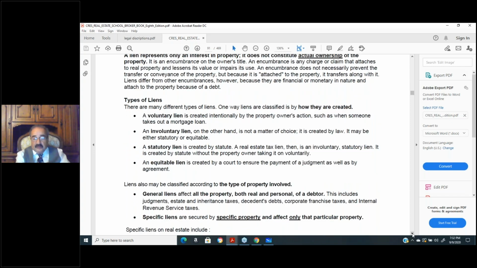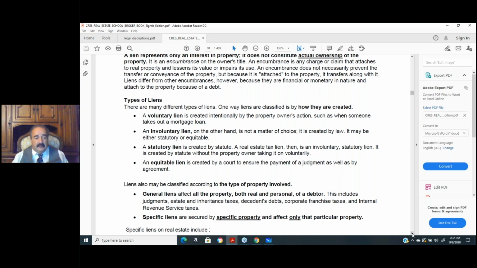Now, let's talk about different types of liens. There are 6 bullets here. I need you to highlight and put an X by all 6 bullets here. So the first type of lien, the first bullet, is called a voluntary lien. A voluntary lien is a lien that you created yourself. An example of a voluntary lien: a mortgage is a voluntary lien. When you borrow money to buy a piece of property, you voluntarily give the lender a right to take that property away from you if you fail to pay back that loan anytime in the future. A mortgage is a voluntary lien.